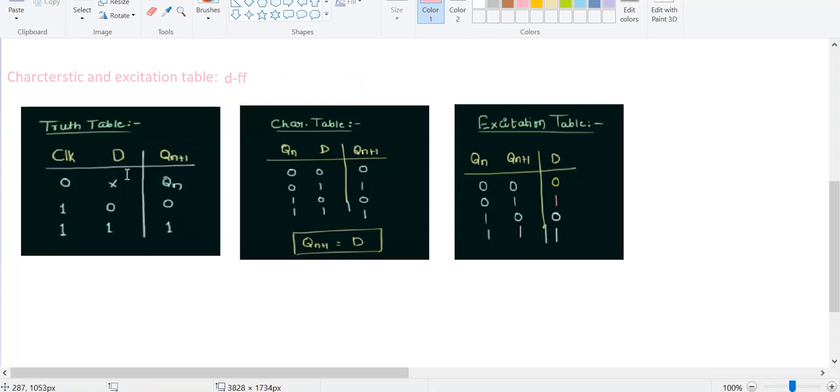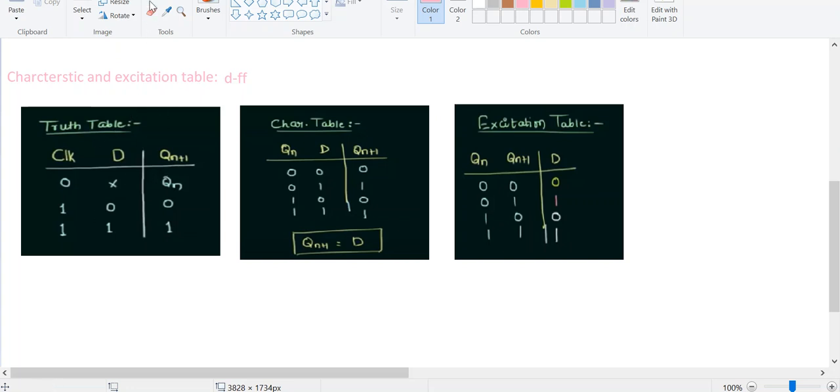As we discussed in the last class, D flip-flop is nothing but whatever may be the D input, that is my 0 as my input, it is coming directly as my next state as 0 also. If my input D is equal to 1, my next state is also equal to 1. So whatever data I am having, 0 is in the next state as it is. Whatever data I am having, 1, it is in the next state as it is. Therefore, this is my data flip-flop. This is our truth table.